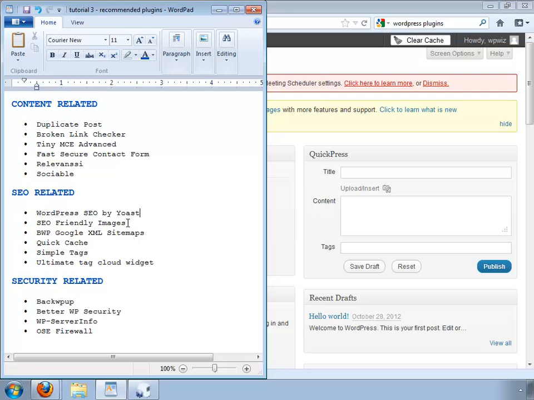This is something that while they might not be scoring directly, rumor has it it's been recognized by the search engines. SEO friendly images just makes sure that all images have tags. Very small plugin, takes a few seconds to install. Another important plugin is the Google XML sitemaps plugin that you can see on the screen. Sitemaps are basically a directory of your website which helps the search engines understand which pages to index and to